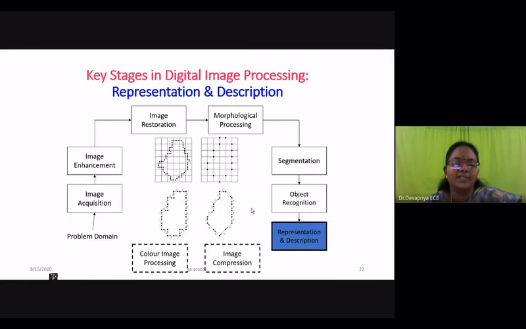Then there is representation and description. According to us it is an image, but according to the system it is a number in a matrix format. Similarly, some objects are represented by a chain model. Here it will check if this is the object, and it will identify the edges alone. For example, if it is occupying here, the point is noted down here and it forms a basic structure similar to the original image.